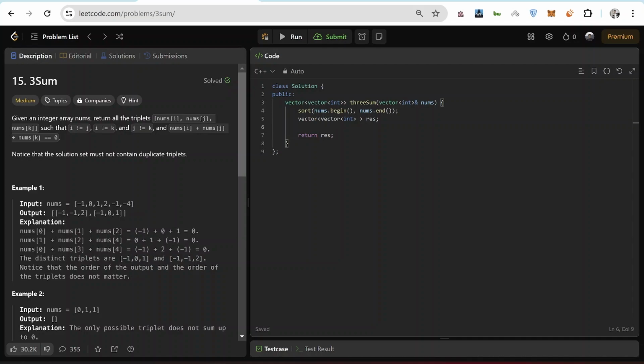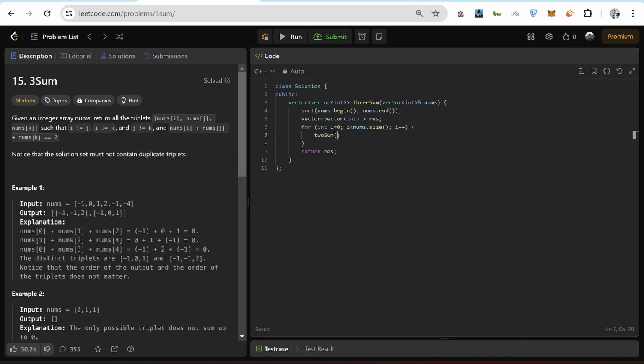Now what I want to do for this result is iterate over this array and pick the first number in the triplet, which will be I. And what I'll do here is call another function to sum on the remaining array.